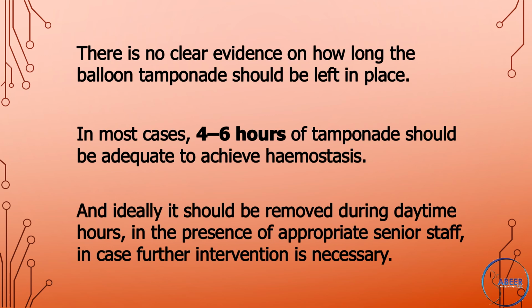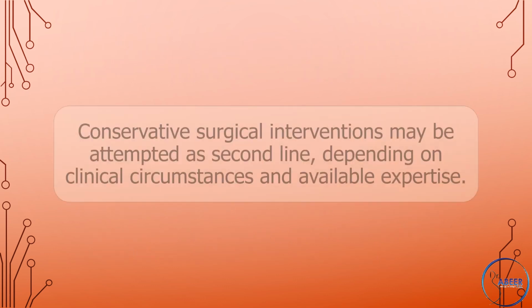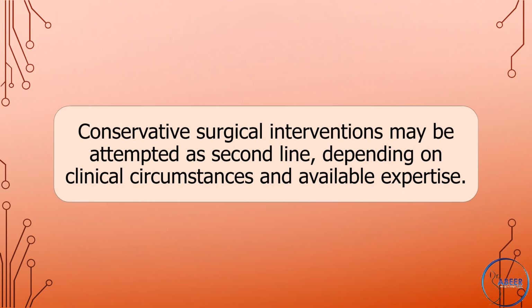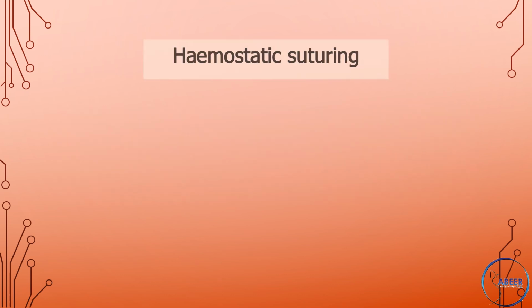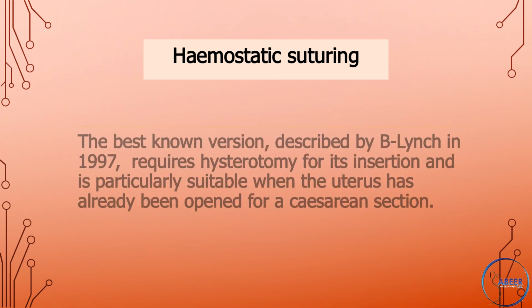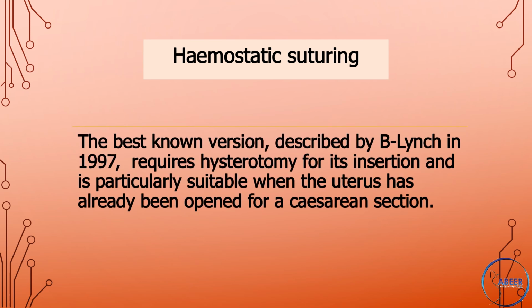and ideally, it should be removed during daytime hours in the presence of appropriate senior staff in case further intervention is necessary. Conservative surgical interventions may be attempted as second line depending on clinical circumstances and available expertise. Hemostatic suturing. The best-known version, described by B-Lynch in 1997, requires hysterotomy for its insertion and is particularly suitable when the uterus has already been opened for